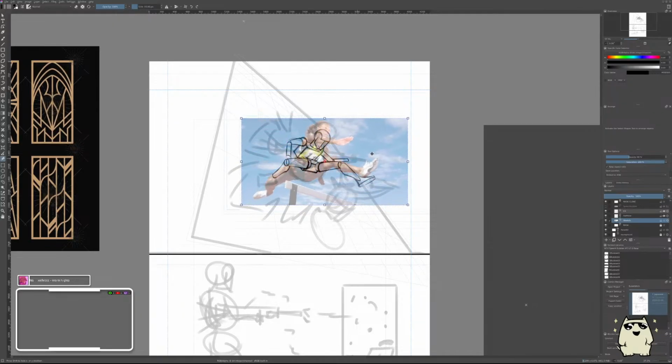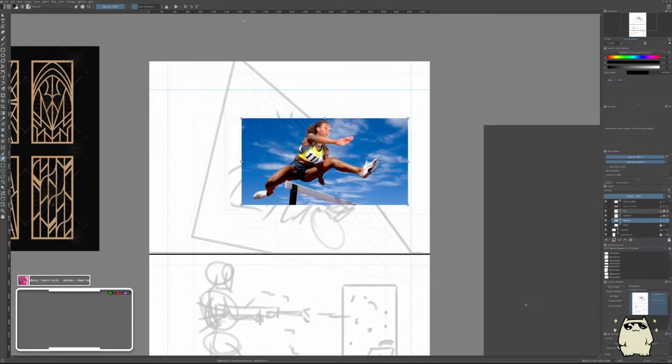It'll be something like that. So you see that I'm almost there, right? Mine is possibly a little bit more extreme than the pose, but like